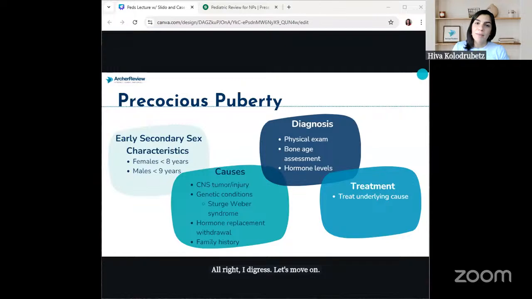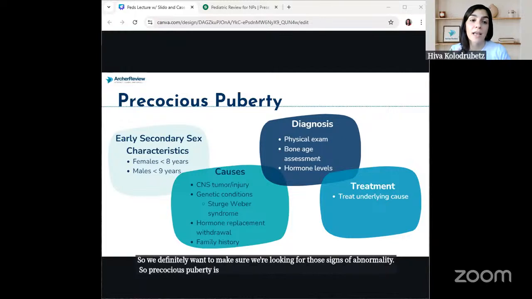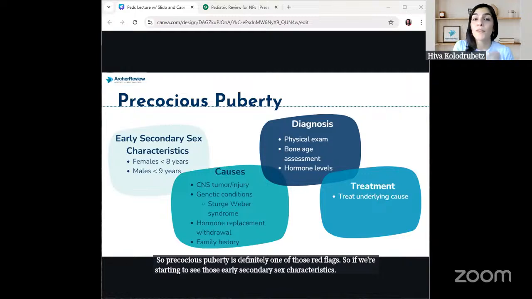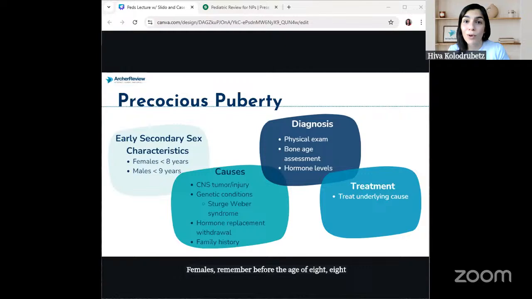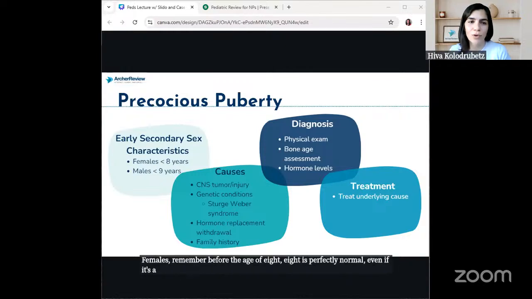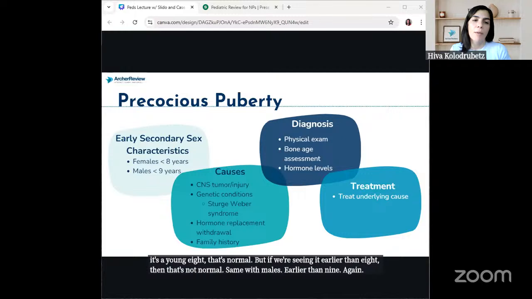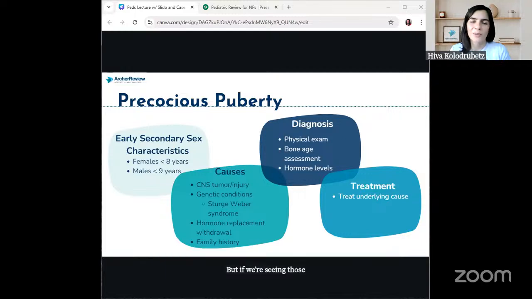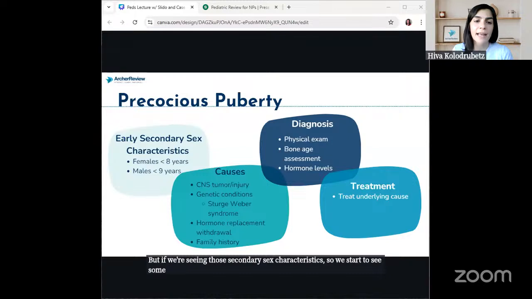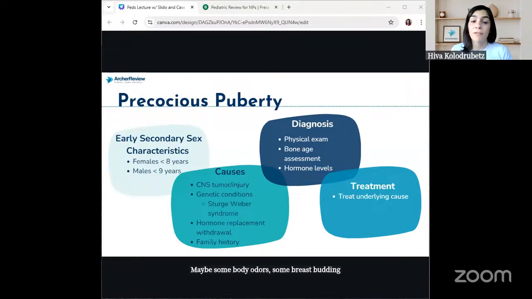So we definitely want to make sure we're looking for those signs of abnormality. Precocious puberty is definitely one of those red flags. If we're starting to see those early secondary sex characteristics, in females, remember before the age of 8, 8 is perfectly normal. Even if it's a young 8, that's normal. But if we're seeing it earlier than 8, then that's not normal. Same with males, earlier than 9. Again, 9 is normal. But if we're seeing those secondary sex characteristics, so we start to see some hair in the pubic area, maybe some body odor, some breast budding, we want to evaluate that and figure out the underlying